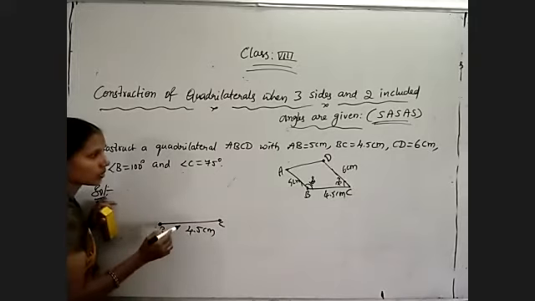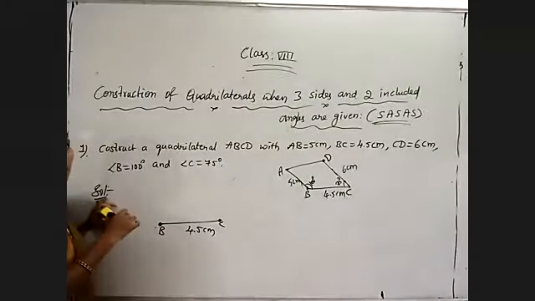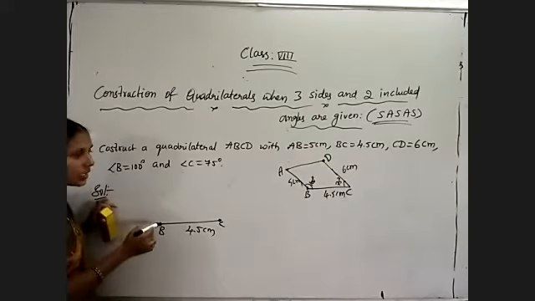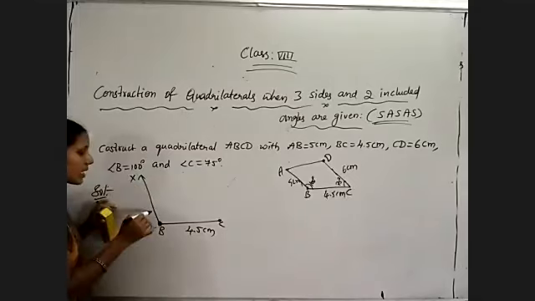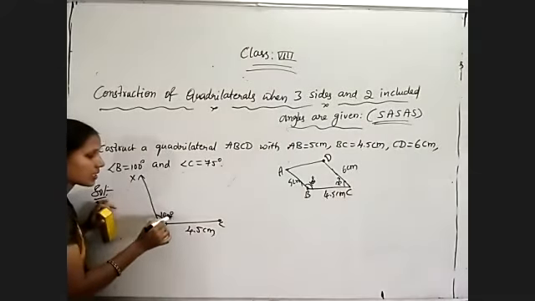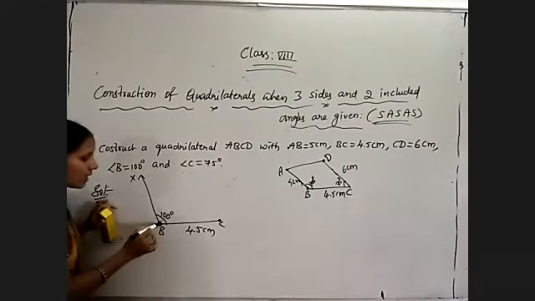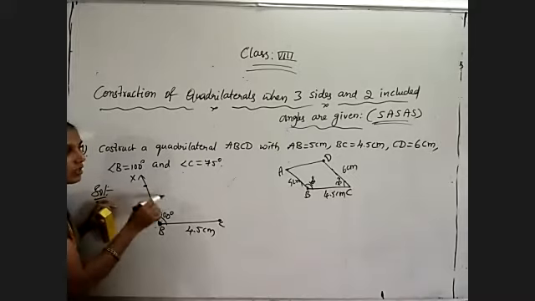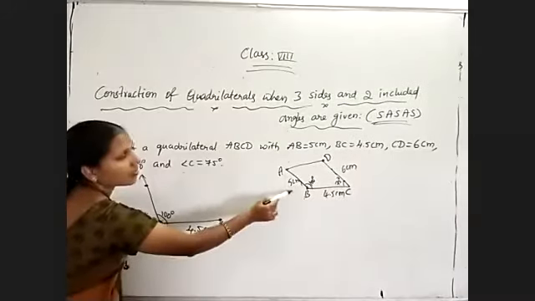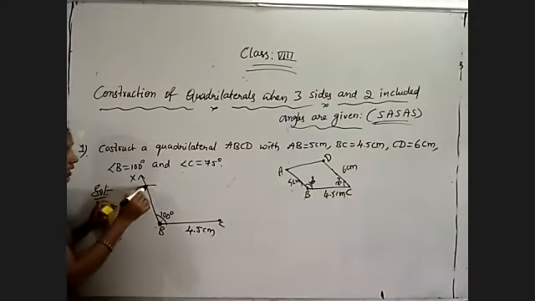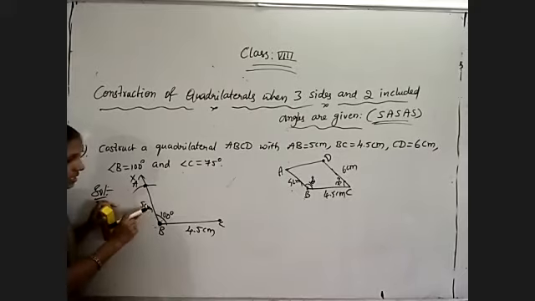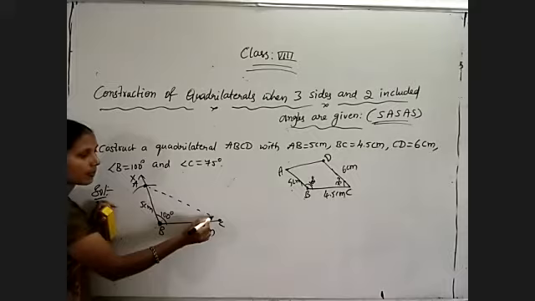So I am going through triangle ABC first. For that, I am constructing angle B, that is, ray BX making a 100 degree angle with BC. And here I need to get A. So what is the distance between A and B? 5 centimeters. So take that 5 centimeters as radius, B as center, and draw an arc. Then I'll get the third vertex A. So this is 5 centimeters. Side, angle, side. So we got the triangle ABC.